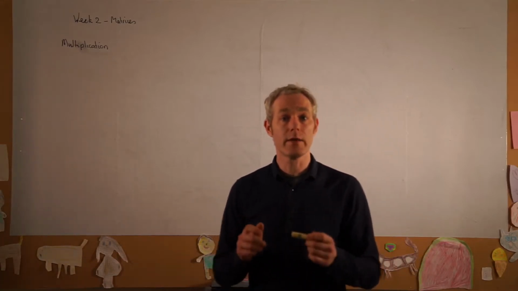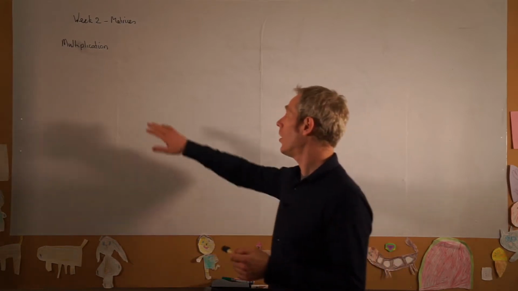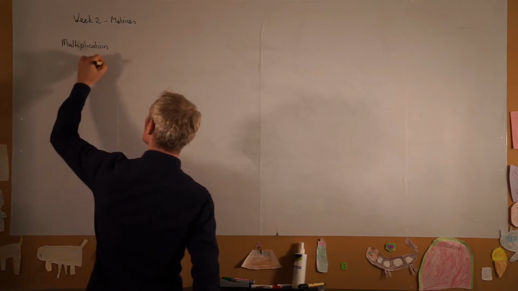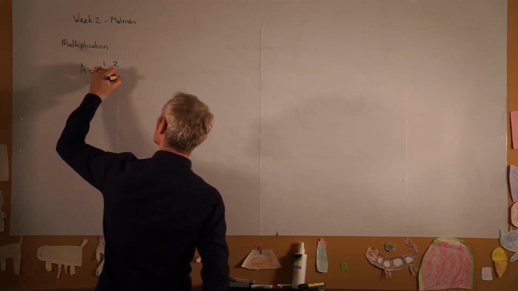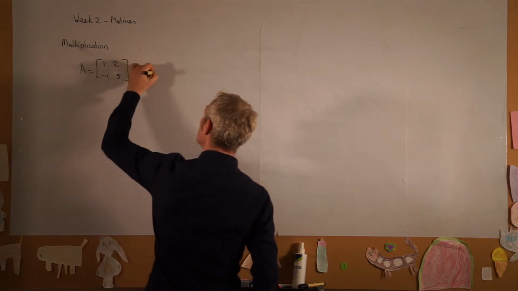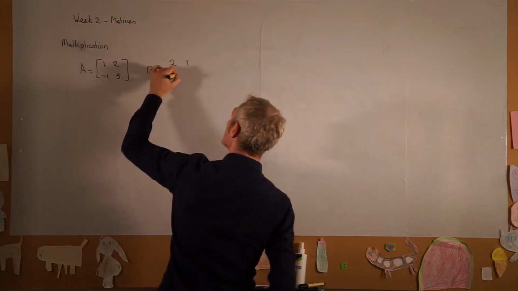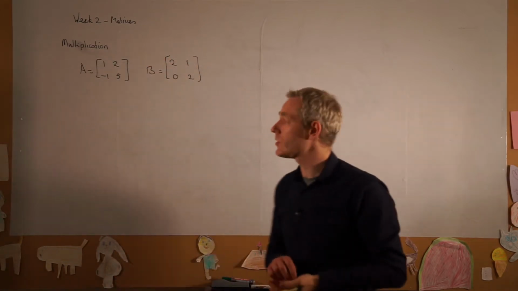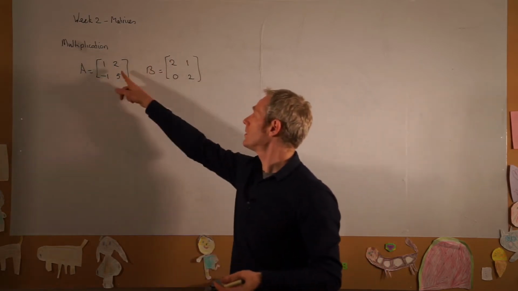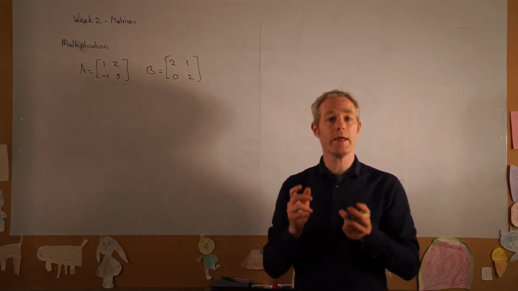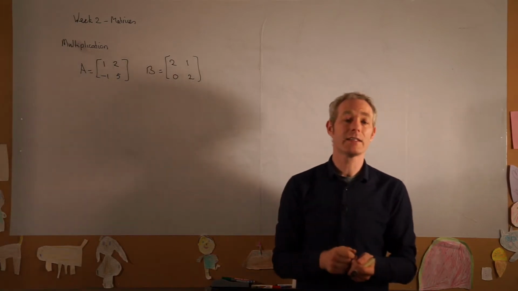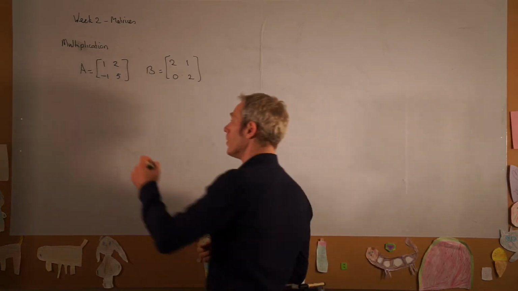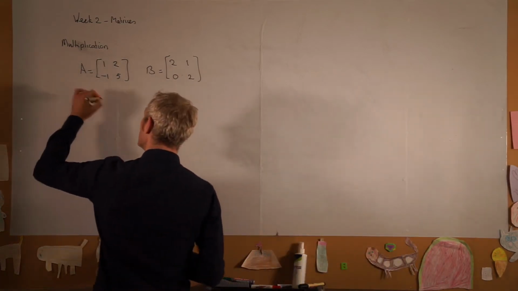We finalized this week with the multiplication of two matrices. Now let's say I have matrix A is 1, 2, minus 1, 5, and matrix B is equal to 2, 1, 0, 2. Now, multiplying matrices isn't the same as multiplying the elements. That is not the way in mathematics you can multiply matrices. In data science, it would be called element-wise multiplication, but what we define as A times B in mathematics is